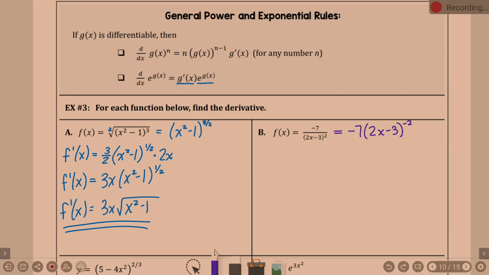So are you saying, did you already write this out? I was working on it. Yeah. Okay, that's what I was trying to figure. It's negative 7. So the negative 7 is on top. So that I put that out front generally. And then 2x minus 3 becomes the negative second power is your best option here. So then